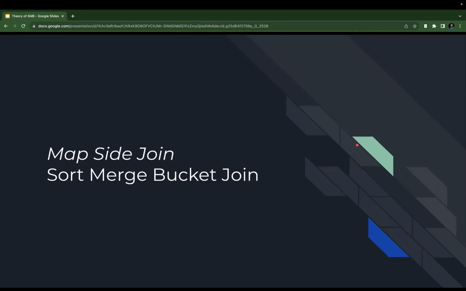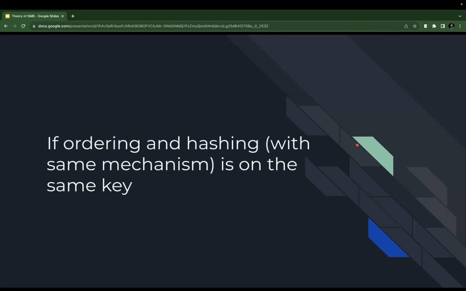This is where we can perform sort, merge, bucket join. We can take advantage of the sorted layout of the data. So the first thing we will do is sort both the data sets. We know how to do that. We can run a map reduce job which sorts both of the data sets. That's the one thing. And if the ordering and hashing is on the same key,